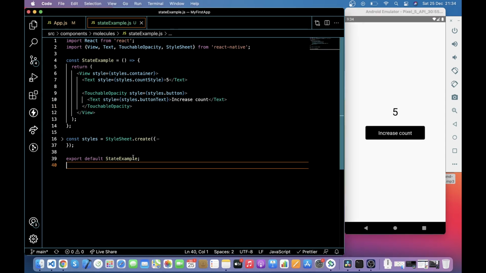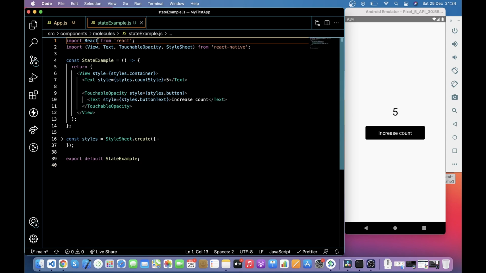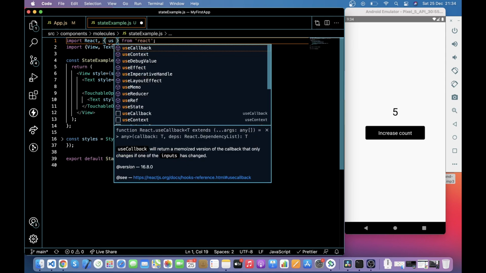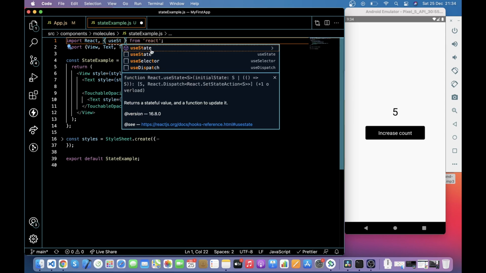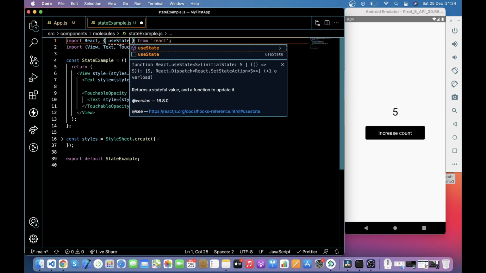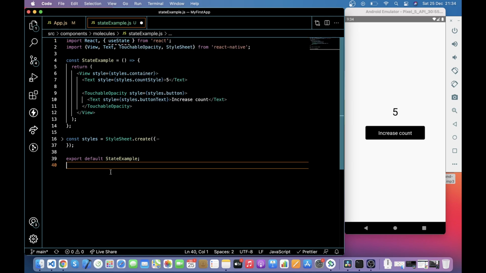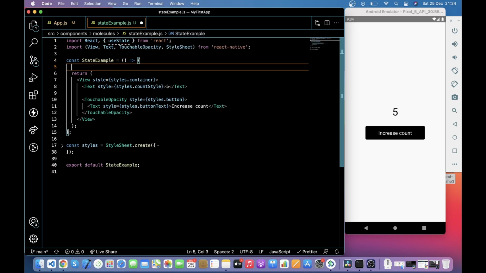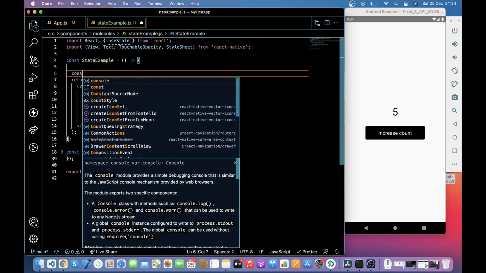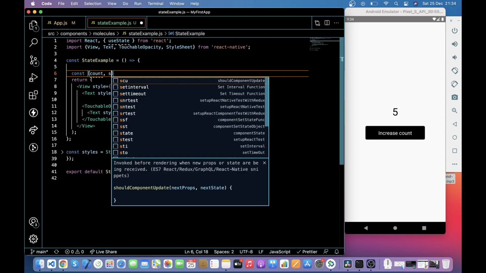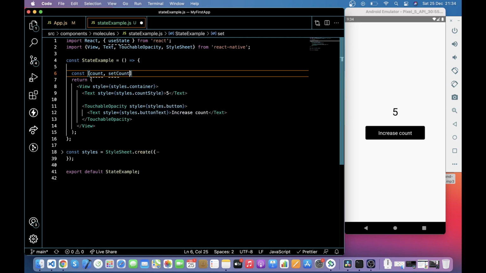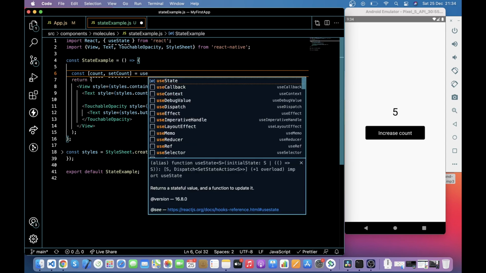So to get started with implementing this functionality, the first thing we need to do is import the hook we are going to use. With React we can just destructure here by putting these curly brackets, and we want to import the useState portion, which is just a single hook that we are going to be importing from React. And now inside of our function, we can use the useState hook. To use it, all we need to do is call useState, because it's just a function, and the thing that we pass to useState is going to be the default state. Let's say that our default state is going to be 0.